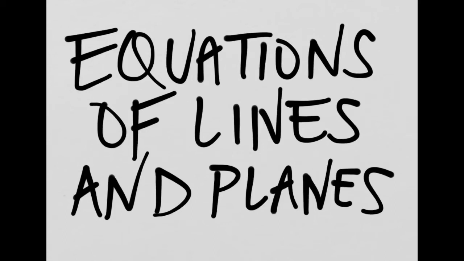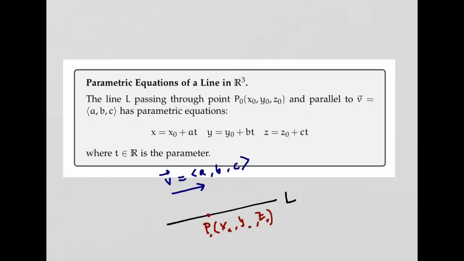This video is about equations of lines and planes in three-dimensional space. Let's start with lines in three-dimensional space. The line L passing through point P0 with coordinates x0, y0, z0 and parallel to the vector v with components a, b, c has parametric equations x equals x0 plus at, y equals y0 plus bt, z equals z0 plus ct, where